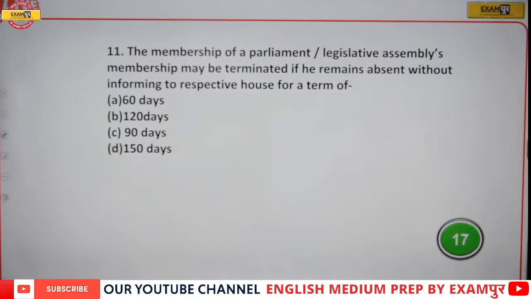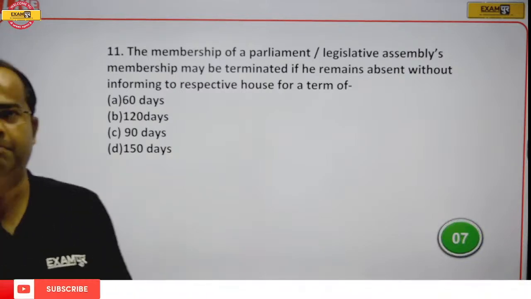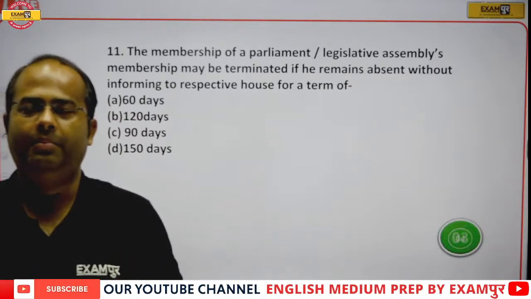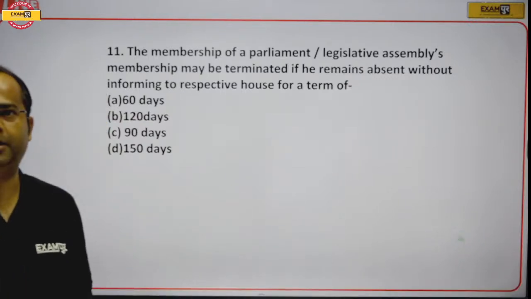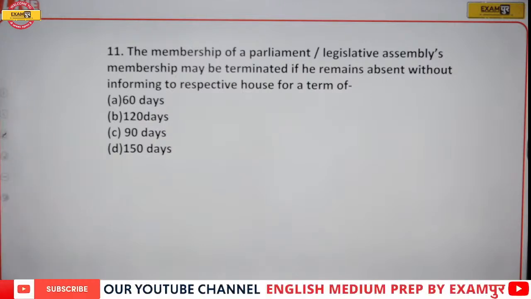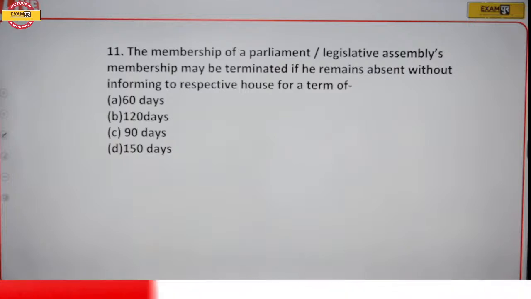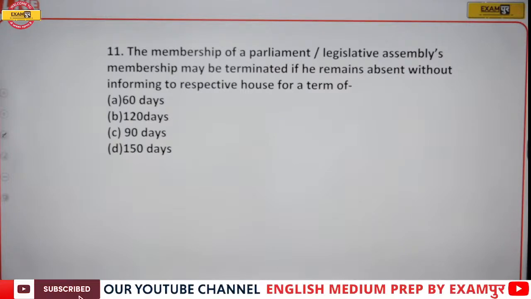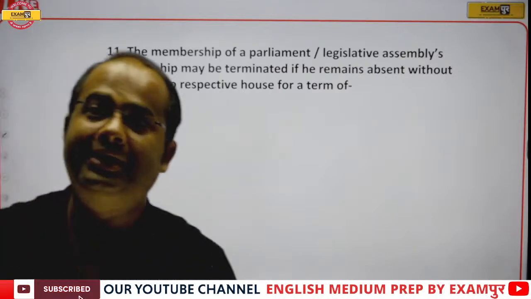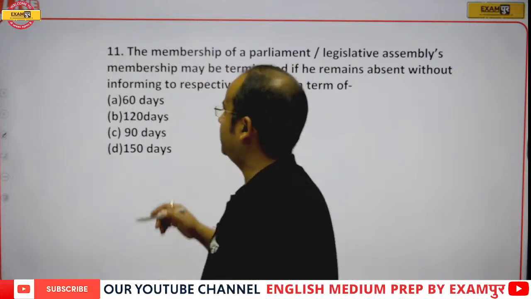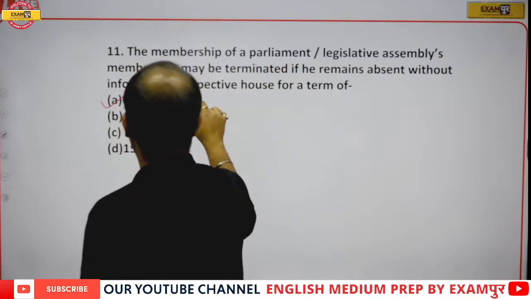The membership of parliament or legislative assembly may be terminated if he remains absent without informing the respective house for a term of... So for how many days an MP or MLA will remain absent so that the membership of that person will be nullified? For how long should the person be out of the parliament? Okay, so that is 60 days, guys. It is not 90 days. It is just 2 months. 60 days